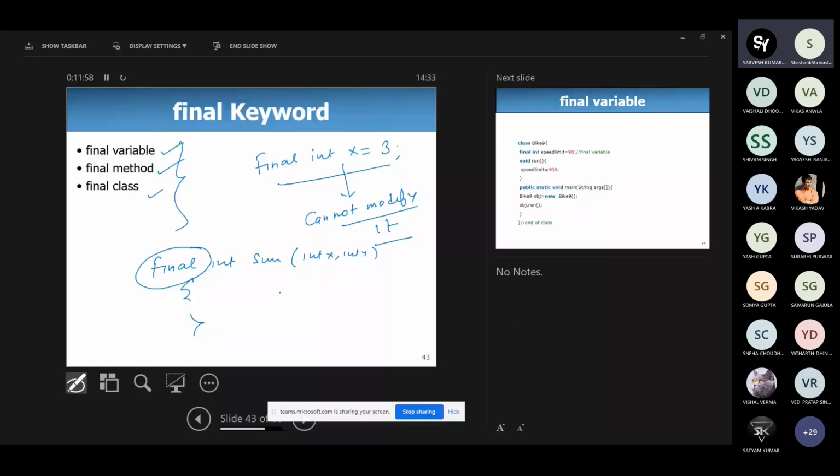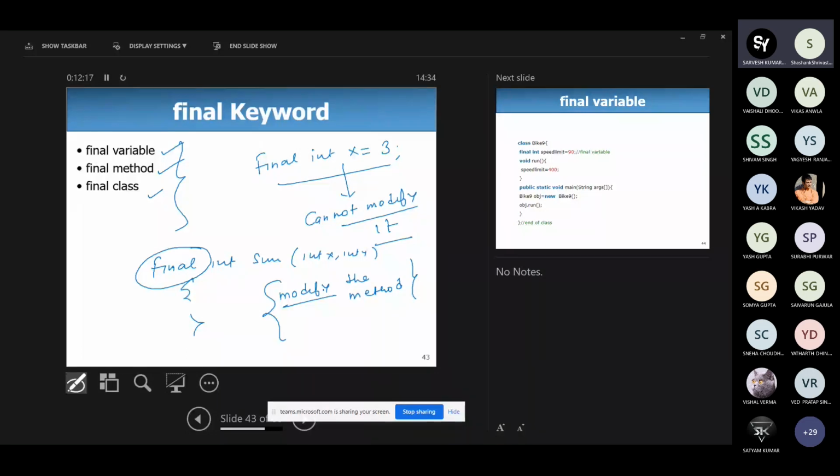Modify the method means, when is there a case where you need to modify the method? Can anyone tell what is inheritance?